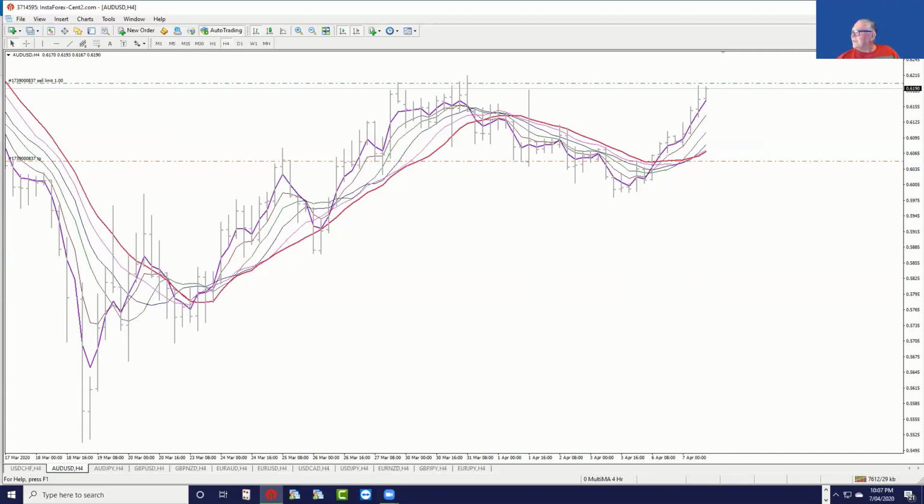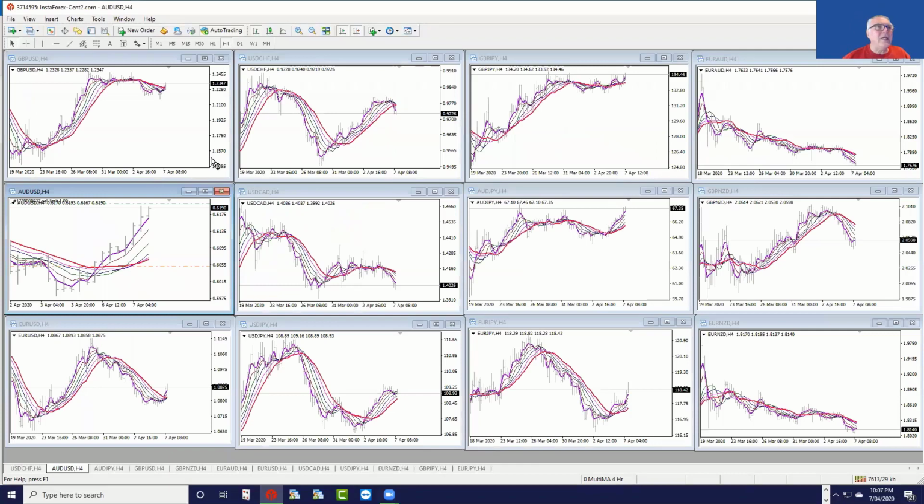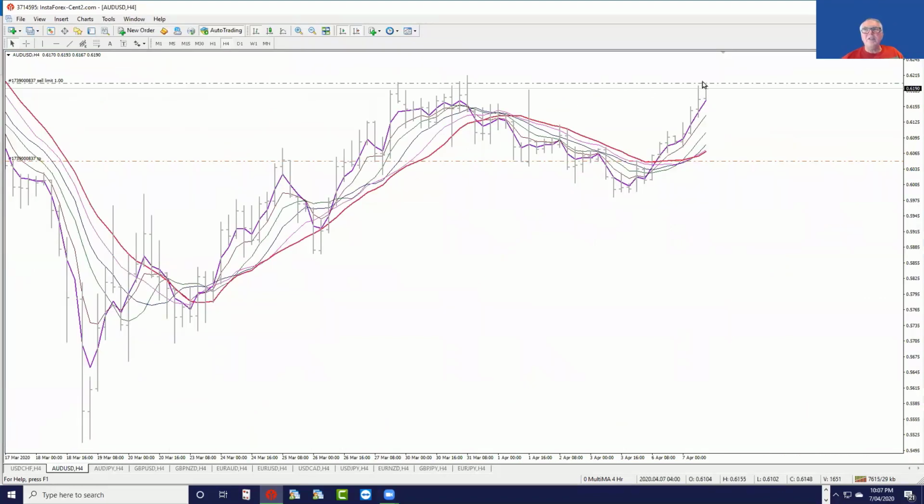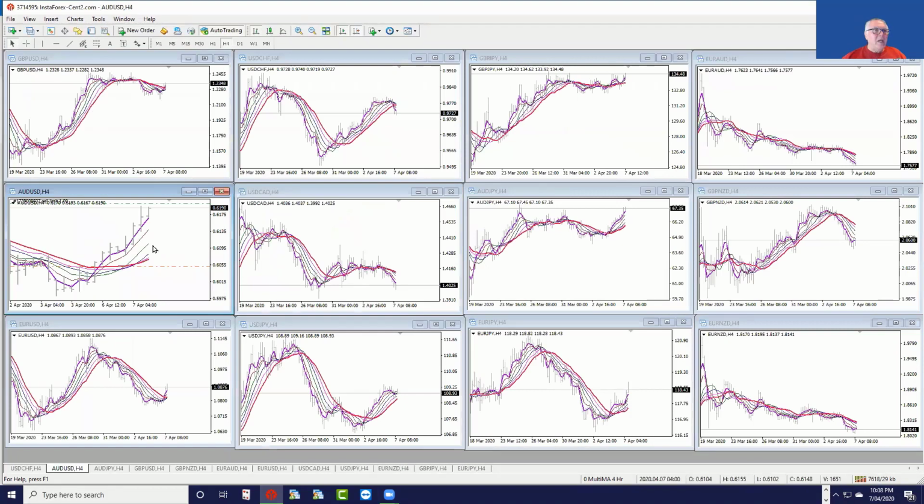Let's have a look. Okay, so we've got a trending Aussie, and what I've done, and I'm cheeky, and I'll show you why, I've actually put a trade in here to sell the Aussie when it reaches that point, because I reckon that's quite a good support area. It's battling to get there, and I'm going to actually sell that one, and that's just a cheeky trade. But let's just go through the rest of the moving averages.